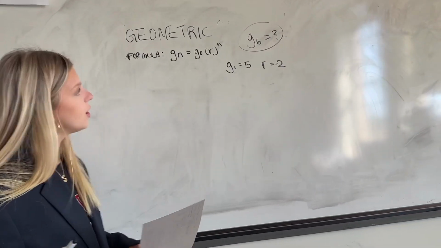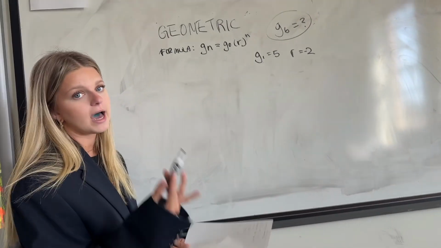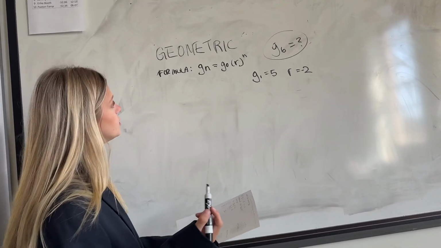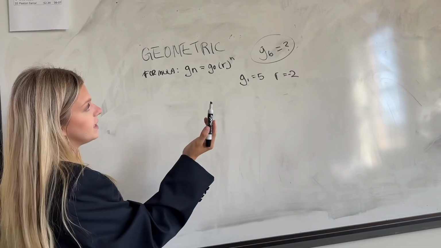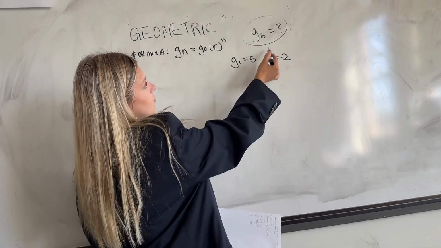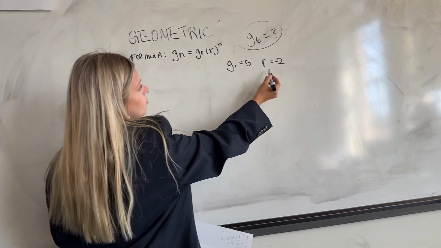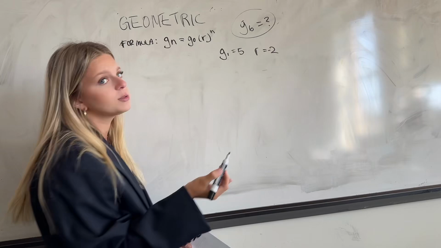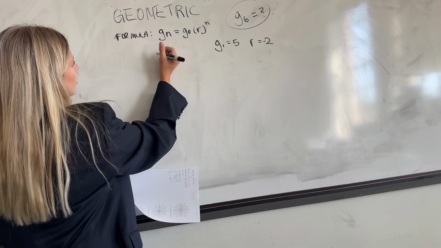So today we're going to be looking at a geometric sequence and the difference between that and an arithmetic sequence. So this is our formula for a geometric sequence. It's going to always look like this, and we're looking for g of 6. So g of 1 in our problem equals 5, and the ratio is -2, which means that we're multiplying by -2 each time. So we're going to replace the g of n with 5,